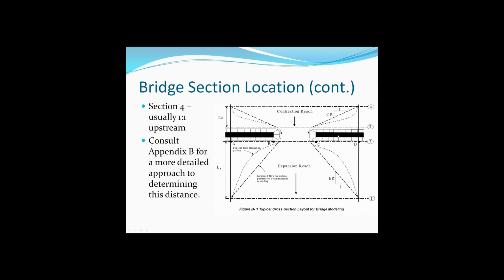So what this ratio is based on is the width of the floodplain at the flood stage you're looking at compared to the width of your bridge opening. And so what it's saying is that as you go back in the stream 1 foot this way, you'll go out 1 foot that way. So I'll show you how I